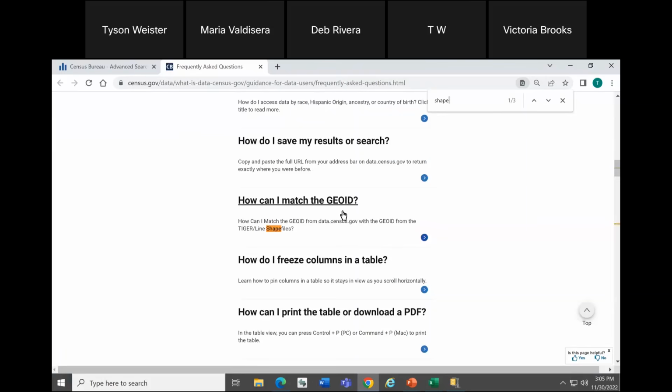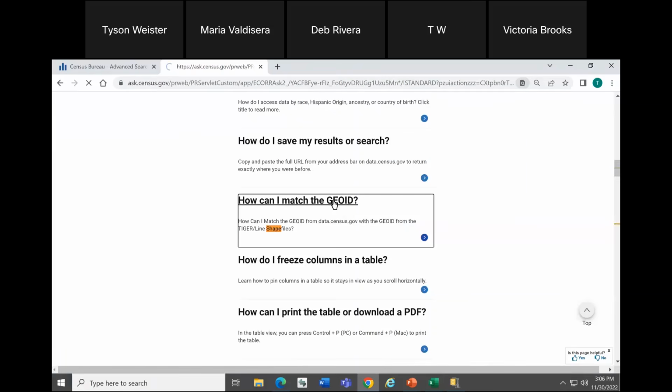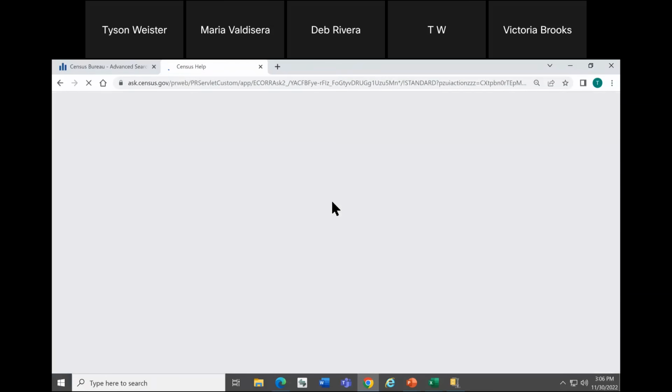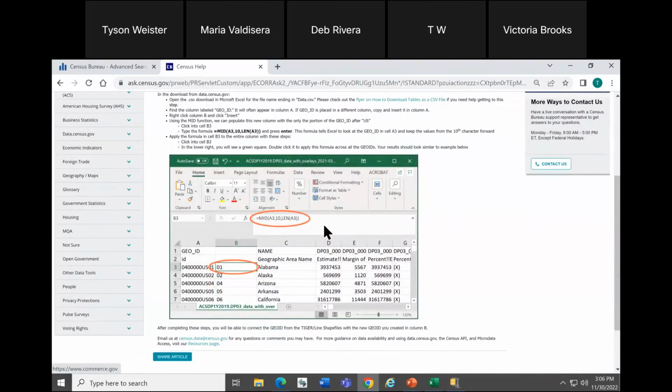There is a specific FAQ: how can I match the GeoID from the TIGER/Line shapefiles to the GeoID from data.census.gov downloads. I did miss the first part of your question, whether it was a question or just feedback, but assuming it's a question, if you go to this FAQ, there are additional characters at the beginning of the GeoID in the data.census.gov downloads compared to what you would see in the shapefile. As an example, the state code for Alabama in the shapefile is simply 01, the FIPS code.